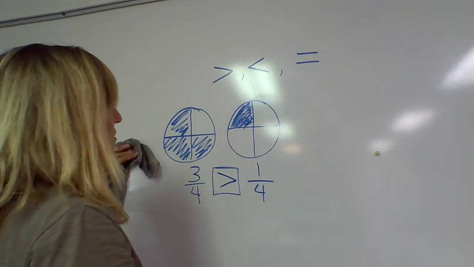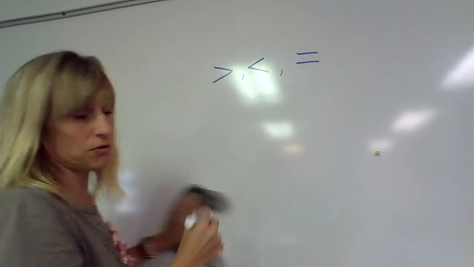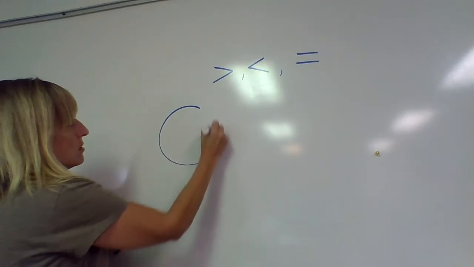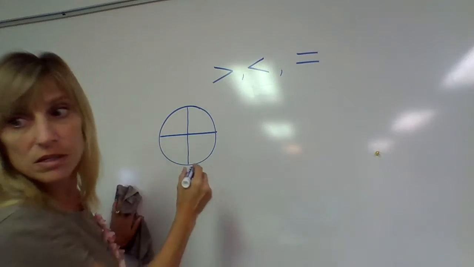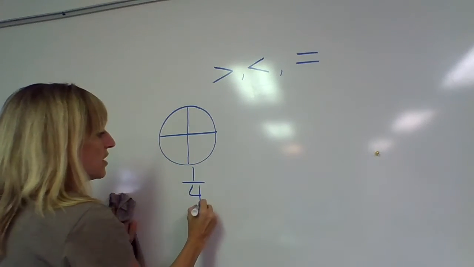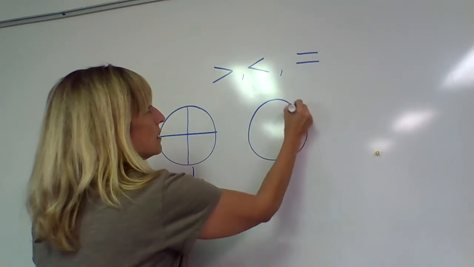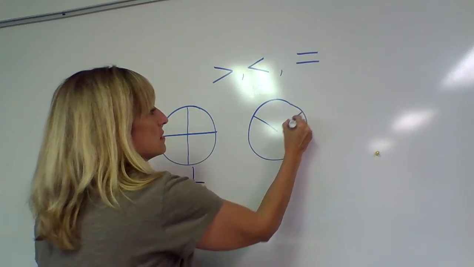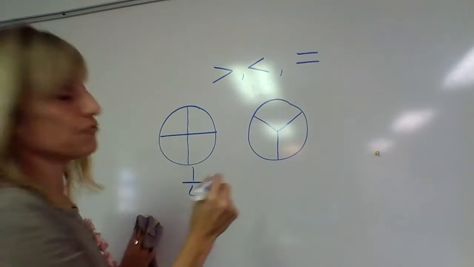We're going to do the next one together again, and then I want you to do the other 2 on your own. All right, so the one across, I have to look at my book here, has the fraction 1/4 underneath, and then it has a cookie that looks like this, and the fraction